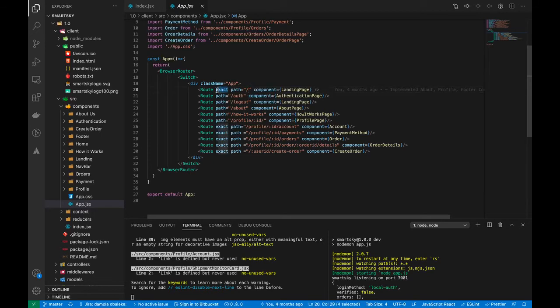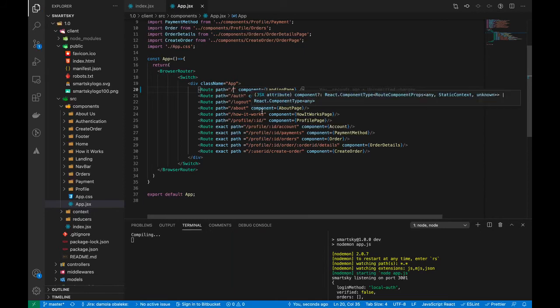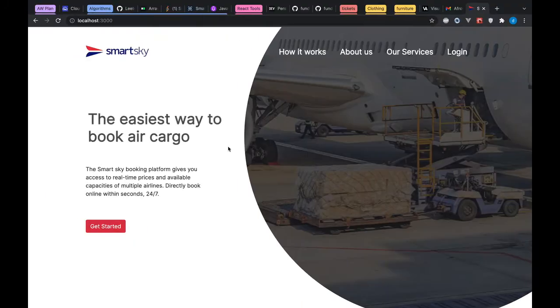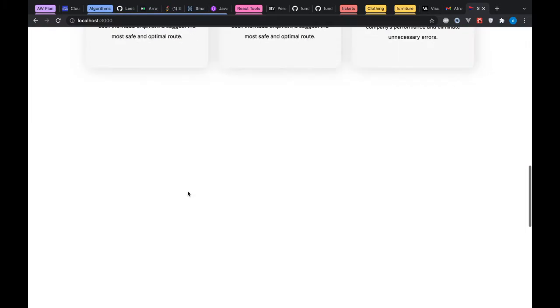So if this wasn't here, what's going to happen is the landing page, your authentication page, your about page, everything is going to be in one component. So there will be child components in a parent component. So you're going to have this when you go to this, right? Just watch this. When you go to this, I'm going to show you right now. So you see what happens? You're going to have this, and then when you scroll down, you're going to have